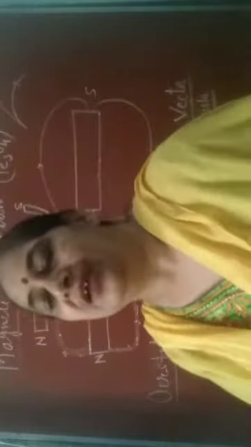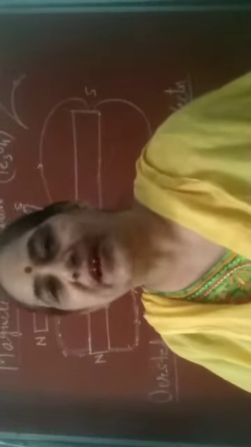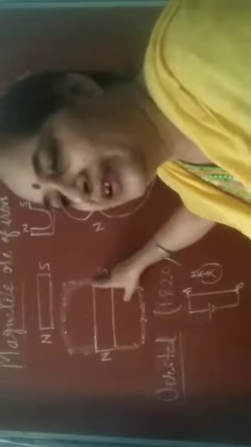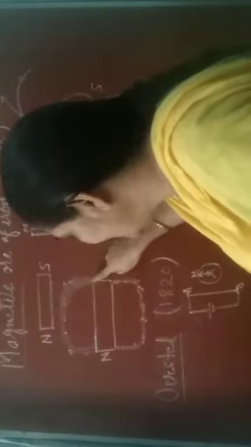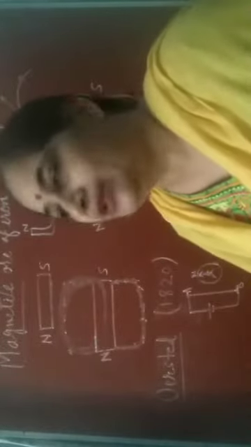The magnetic field is represented by magnetic field lines. These magnetic field lines have different characteristics. They are imaginary lines. It is the line which we have drawn. The field exists but the magnetic field line does not exist. And magnetic field lines are continuous curves. You see it is moving continuously from here to here. Outside the magnet it moves from north to south, but inside the magnet it moves from south to north. So the direction of the magnetic field outside the magnet is north to south and inside the magnet it is south to north.